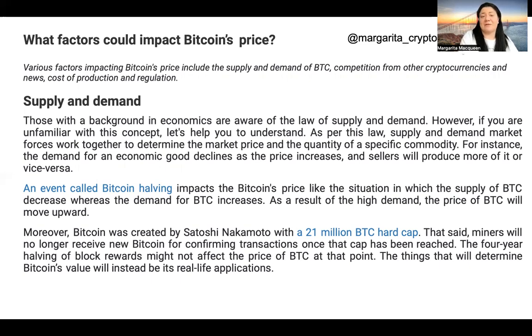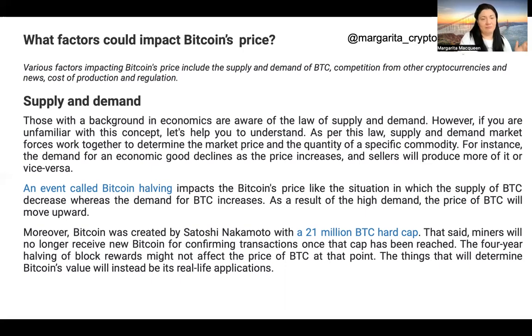Various factors impact Bitcoin's price, including the supply and demand of Bitcoin, as well as competition from other cryptocurrencies, news, cost of production, regulations. As we know, Ethereum gas price went high as well, right? So supply and demand. It's actually 4 factors that we're gonna go through. Probably you already kind of know, but let's just have